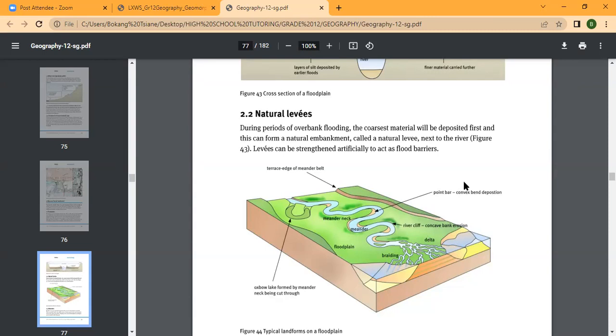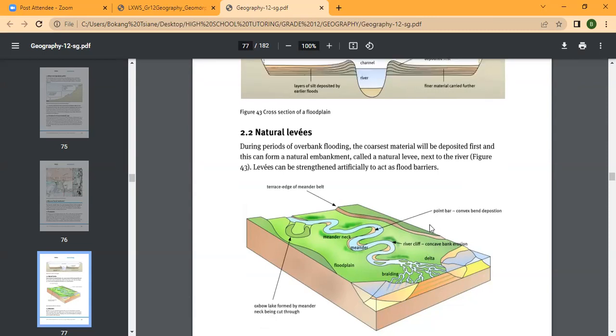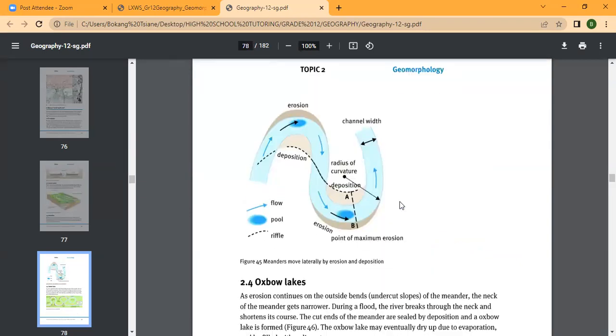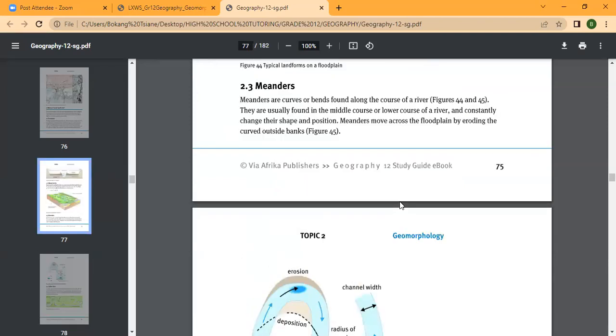So a definition of a point bar is where sediments accumulate when the river changes direction. When the river curves here, we have accumulation of sediments here, and then we define it as a point bar. The third landform that we're going to look at is